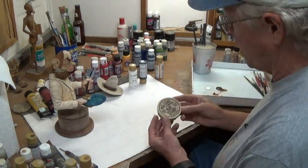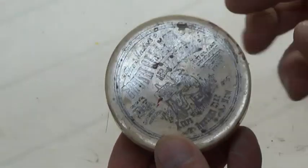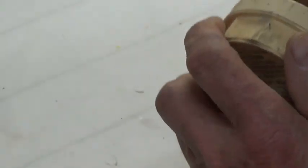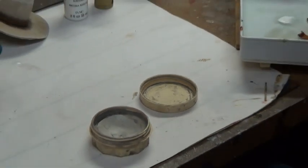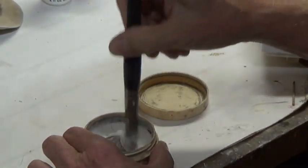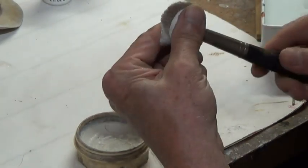Go down to Walmart or Home Depot and buy you a little tub of this brush cleaner. It'll last you a long, long time, and it's great for cleaning out your brushes. You can see mine getting kind of down there. Water will clean them out, but it won't get them real clean. So just soap it up real good, like that. Kind of run it through your hands,